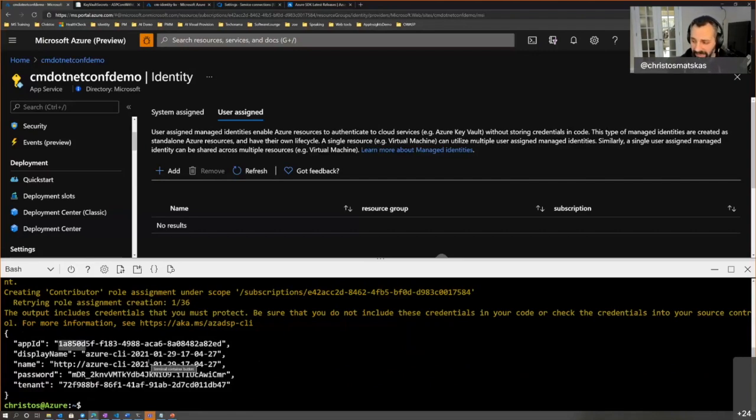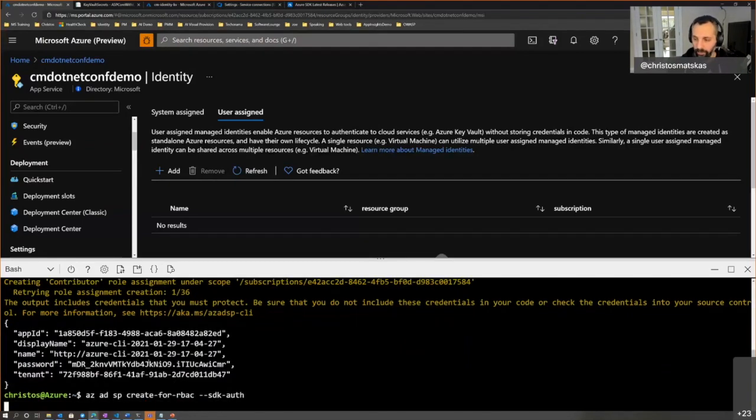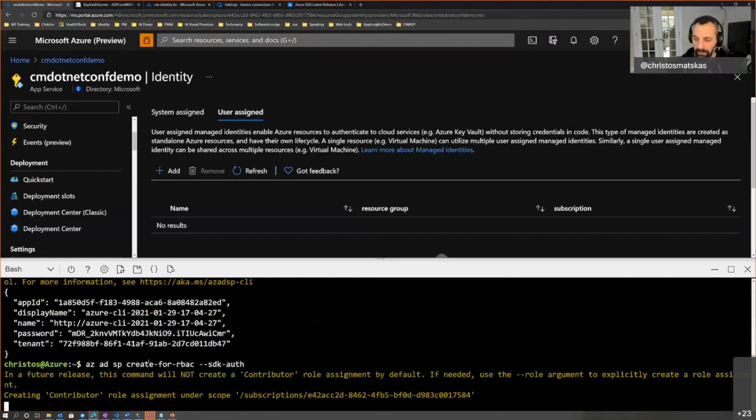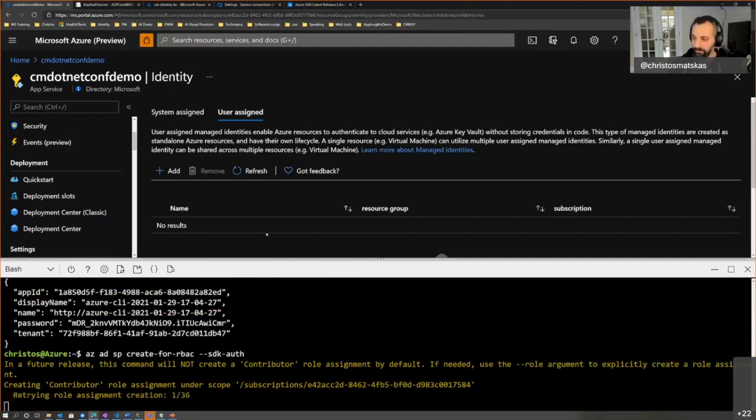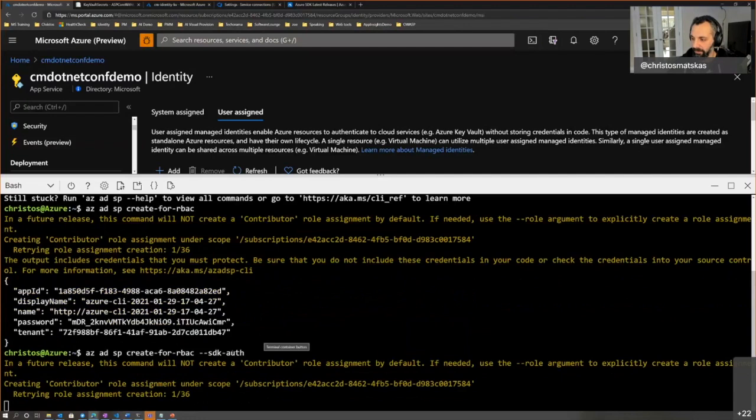If you were to use it inside something like GitHub that I showed you, you have to also say --sdk-auth, and that will create a different SP type. You'll notice that the output is somewhat different. Thinking about it, trying to do the role assignment.